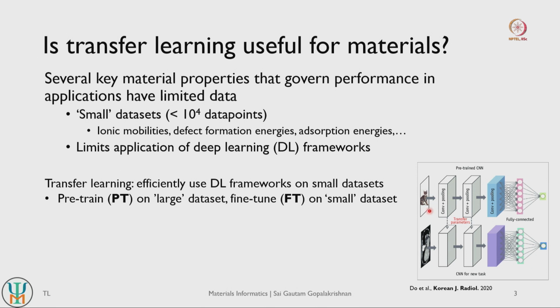So what you can end up doing is download a bunch of cat images from the internet. This is fairly easy to obtain. You can obtain millions of images, and you can pre-train a convolutional neural network. You take the same convolutional neural network that you wanted to use for this task, but you pre-train it on the task of classifying whether an image is cat or not cat. After being fully trained, your network should be able to classify whether a given image is a cat or not a cat. So it becomes good at a classification task.